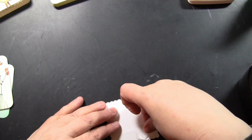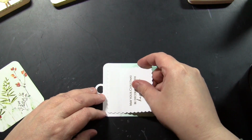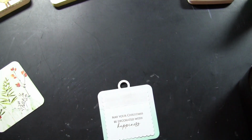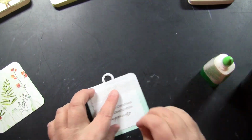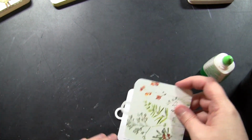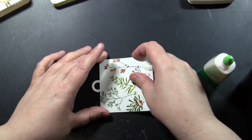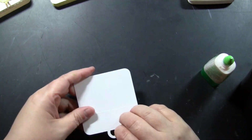So what I've done here is stamped the sentiment onto this scalloped piece. This also comes as part of that Do Not Open tag die set. I'm adding adhesive only above the score lines, adding it to the panel that I inked. I'm going to put some liquid adhesive up here on the loop, and then I can take my die cut Masterpieces Made Simple panel and put that on top, and I will have a hinged tag